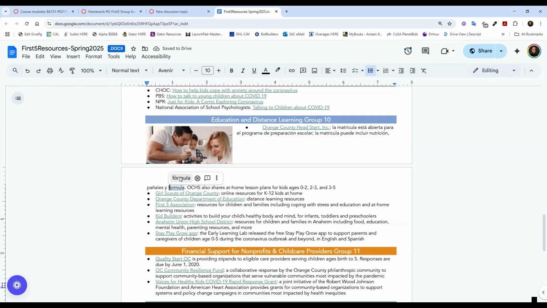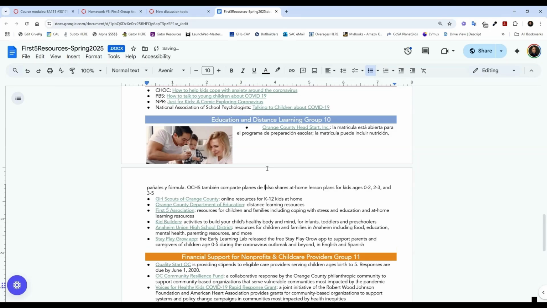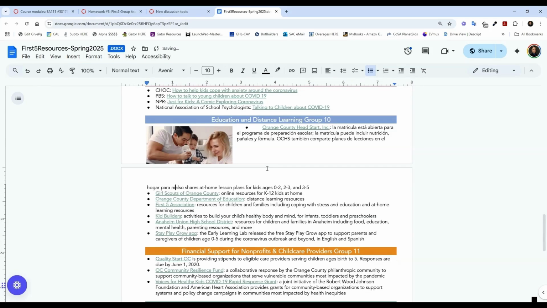It's telling you right there. You can click on that. OCHS también comparte planes de lecciones en casa o en el hogar para niños